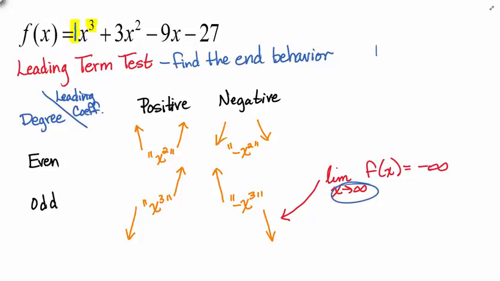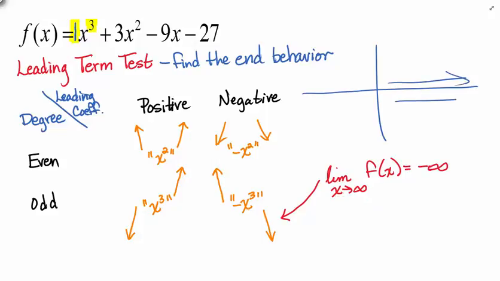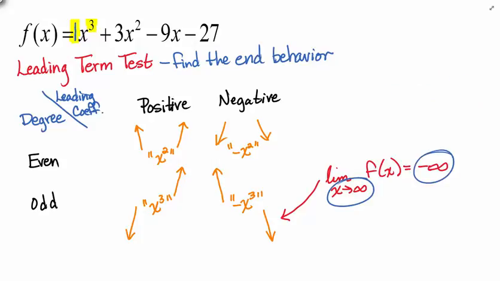So on the graph, as our x's get bigger, as they go this way, the y values, the things you get out of the function, go to negative infinity. And you can see that right there. That's some pretty high-level notation. We're not going to focus on that in this video. I just want to show you how to use the leading term test. Okay, so with that in mind,